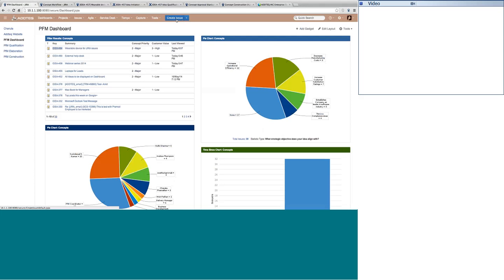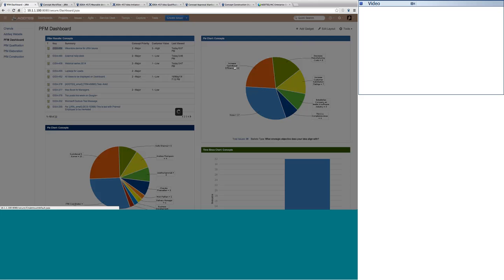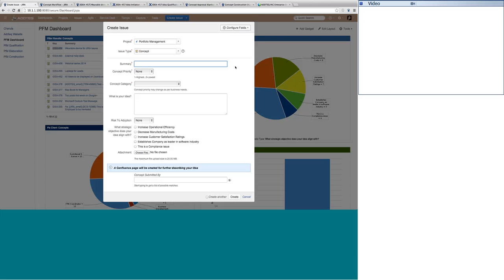Now you can see in front of you a transition called create issue, where we will be creating an issue in Jira where I'm actually capturing nothing but the idea that has come to my mind. So maybe an idea has come to my mind saying that I'm going to have a wearable device for creating Jira issues.